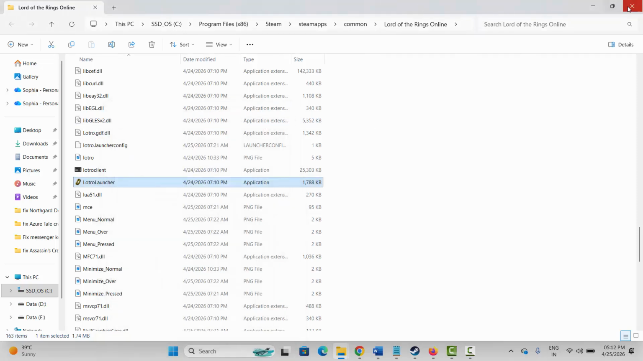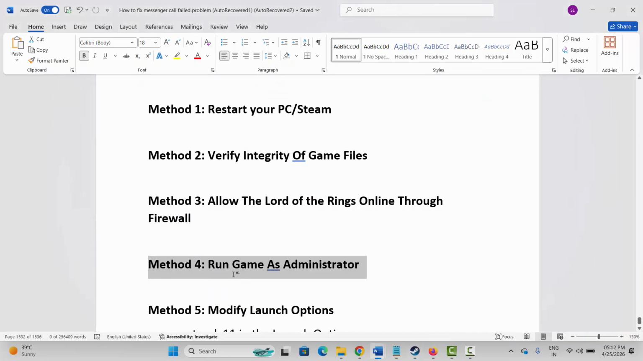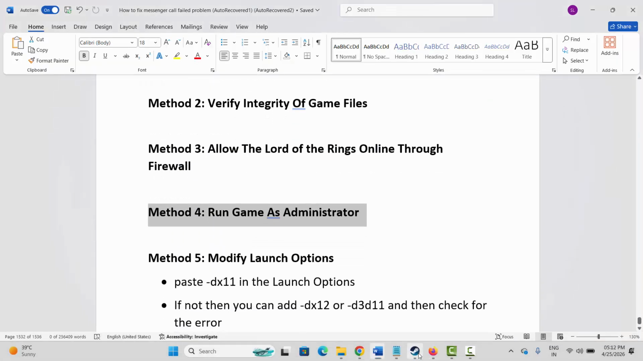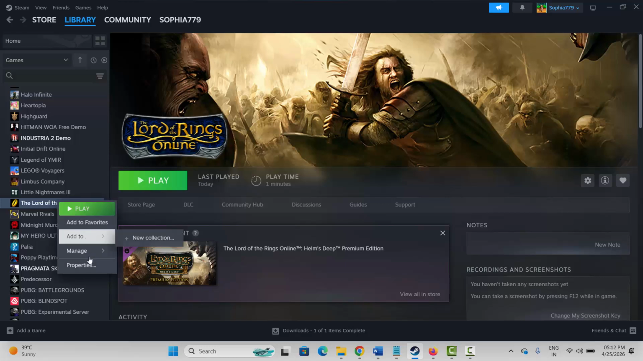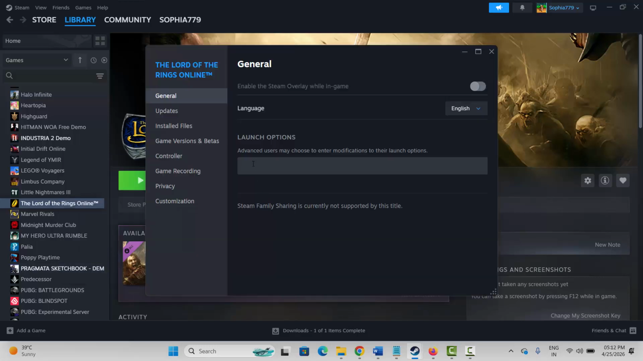to the next method. Well, the next method is to modify launch option. For that, go to Steam, select your game under library section, right click on it, click on properties. Under general you have to type -DX11 and then launch the game and check if it's working. If this doesn't resolve the issue, come back again, type -DX12 and then try to launch the game and see